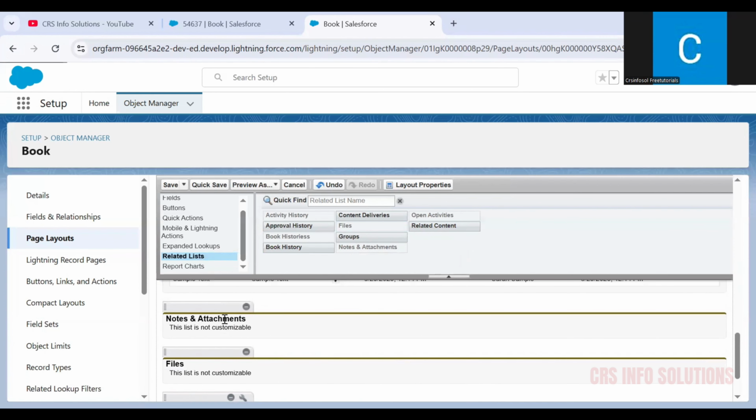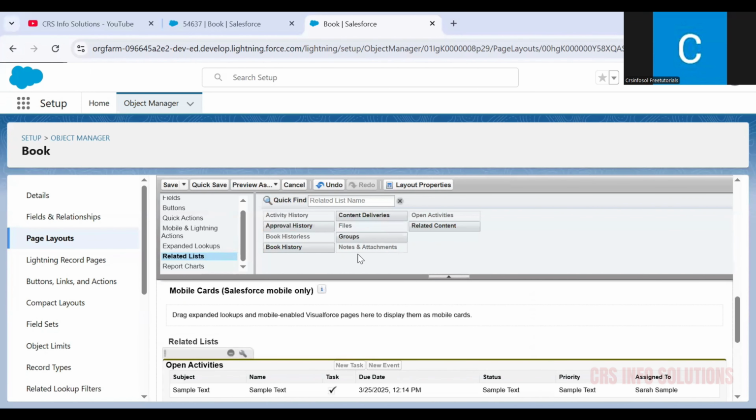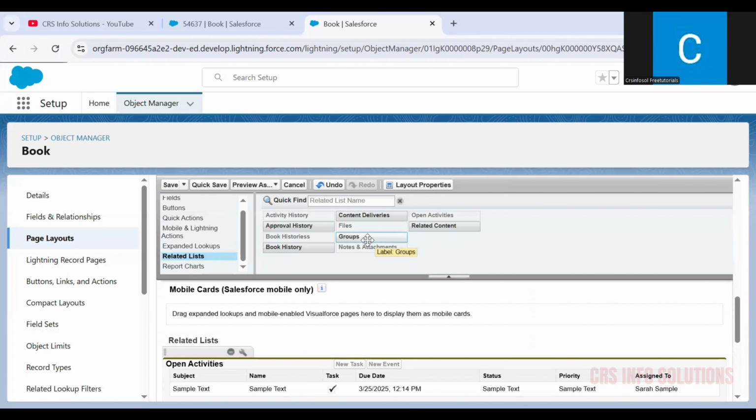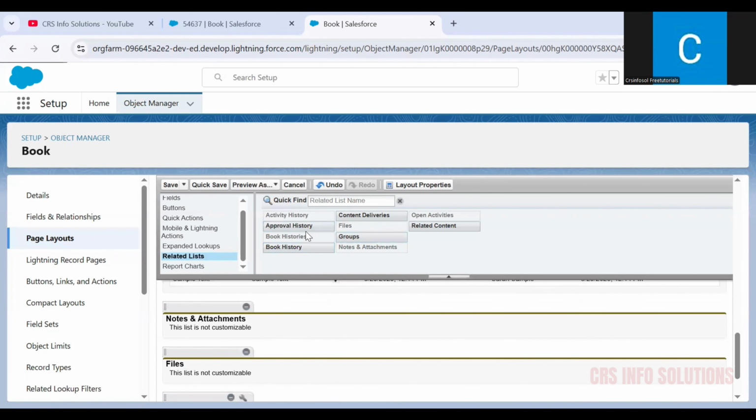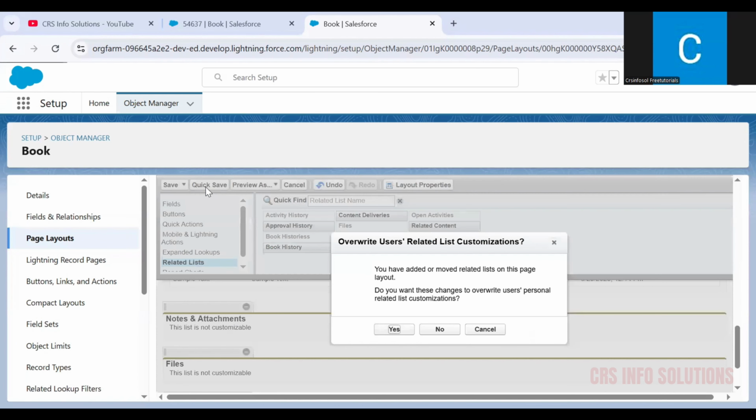If you wanted to add any groups, you can just choose that: related content, content deliveries, book history, approval history, anything. If you wanted to add any list, you can just choose it from here and drag and drop. Now I will quickly save it, quick save,